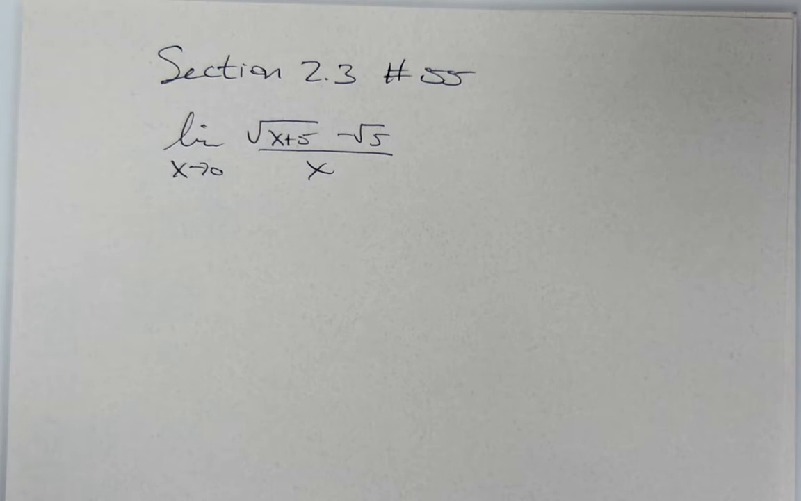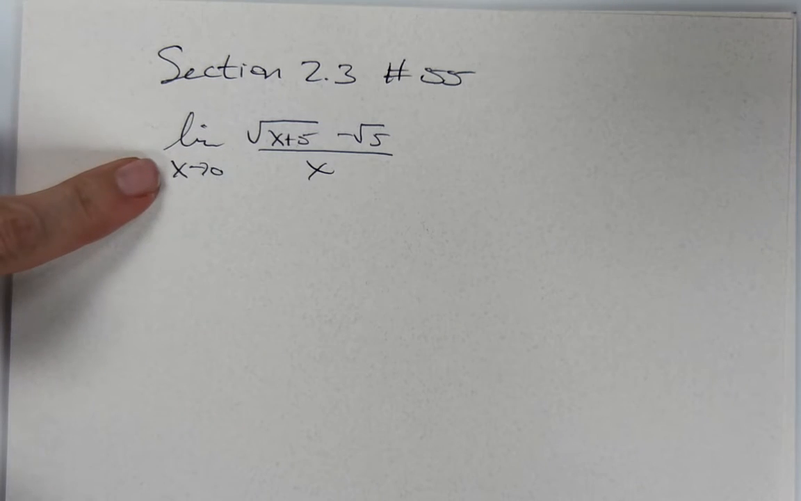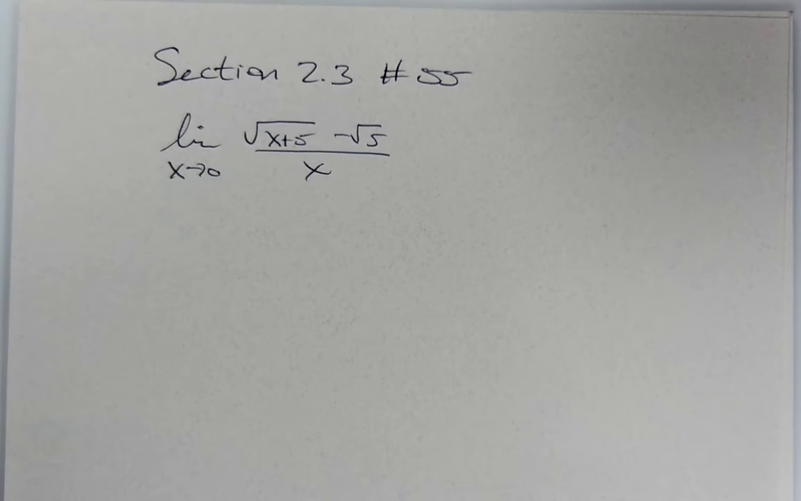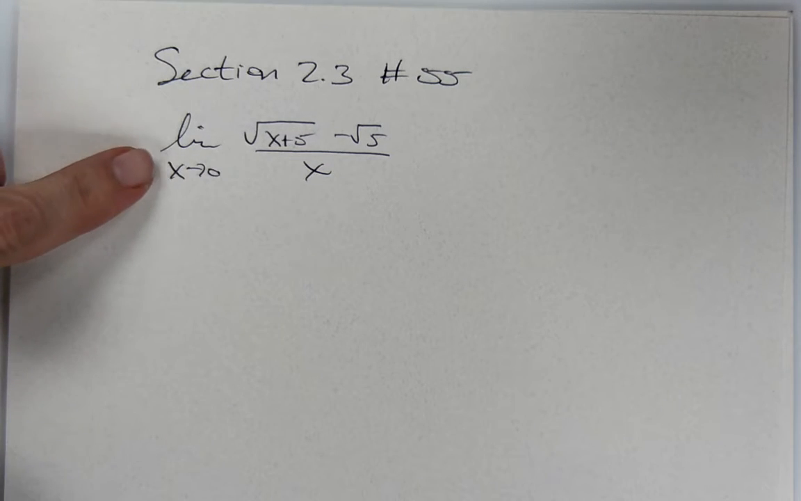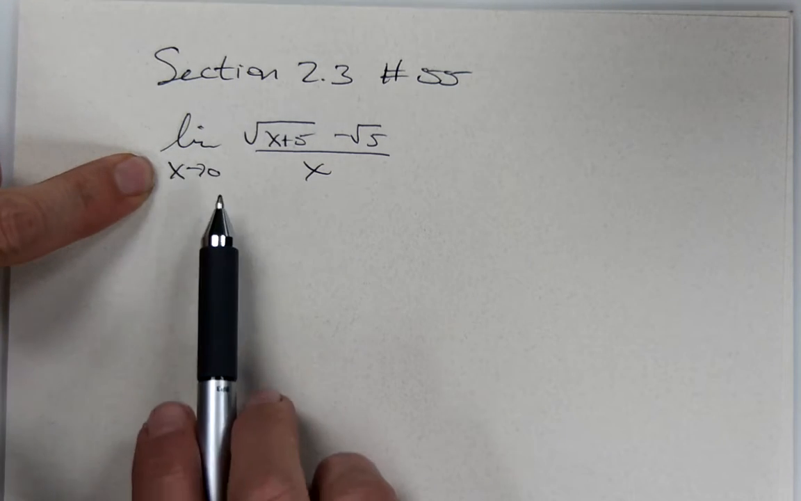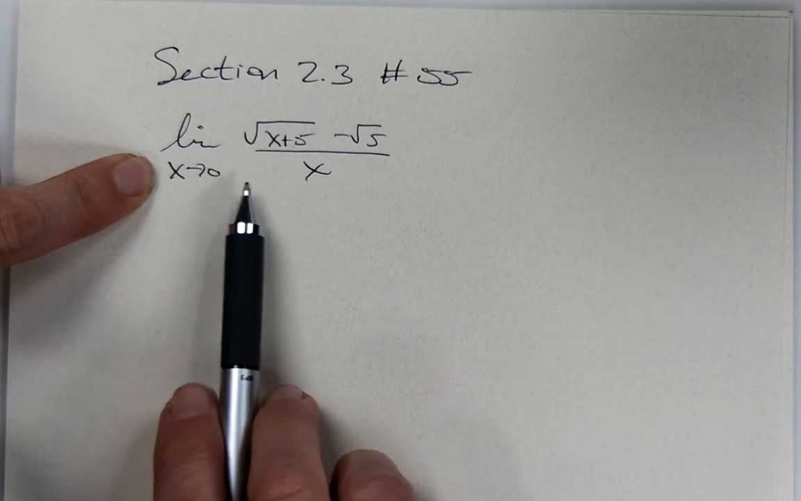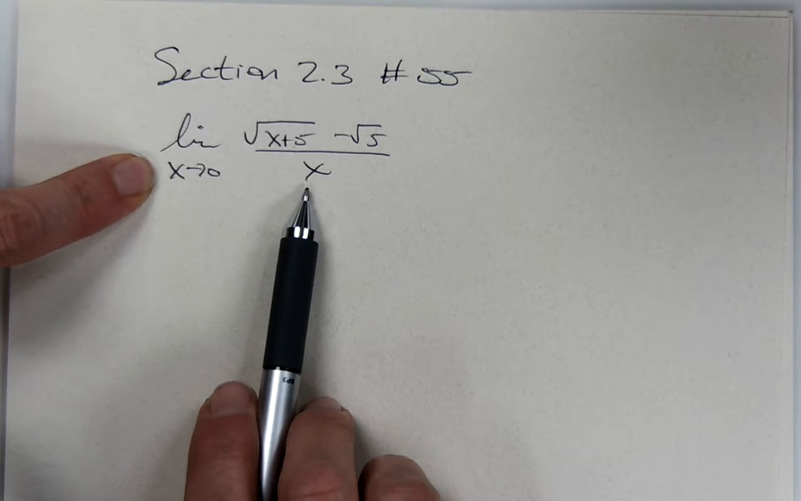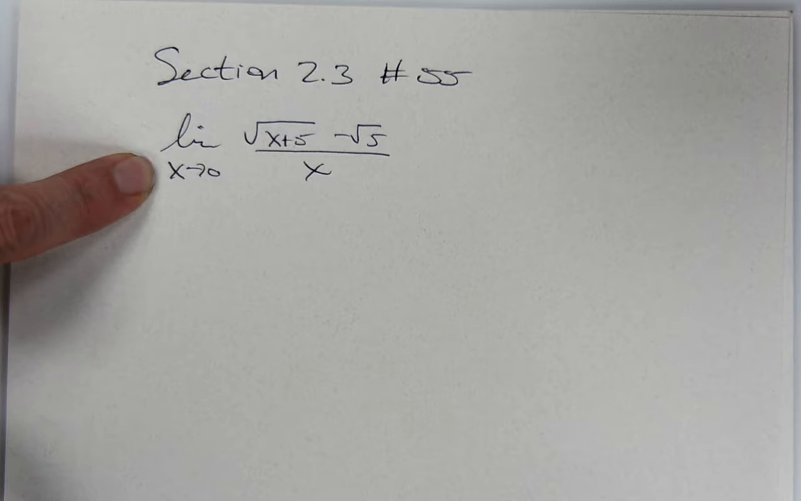Okay, folks, so this is help for section 2.3, number 55. We have the limit as x goes to 0 of square root of x plus 5 minus square root of 5 over x. Since it's a fraction, we want to first see if we can plug in the limiting value. And notice that if you plug in 0, it zeroes out the denominator, so it's not part